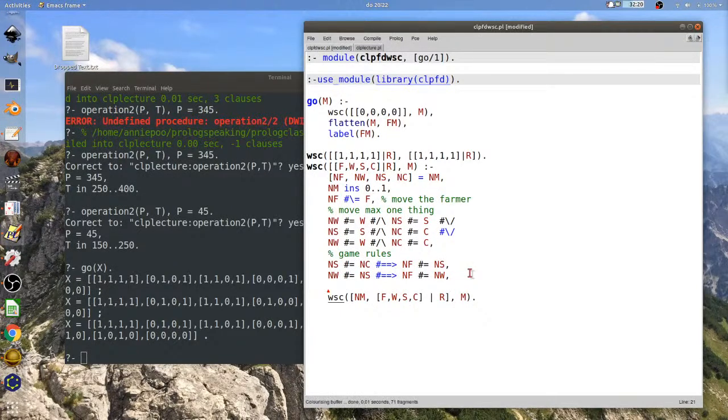Let's try an experiment. Let's force the new position of the wolf. Let's never haul the wolf over, so that this can't succeed, obviously.